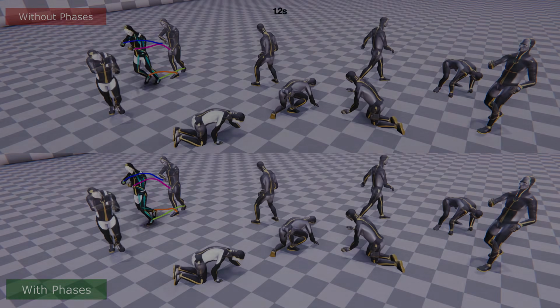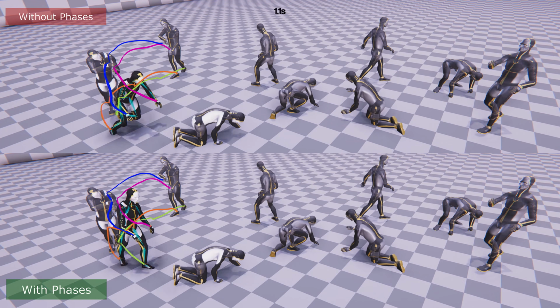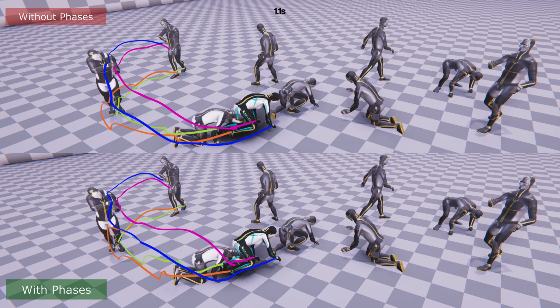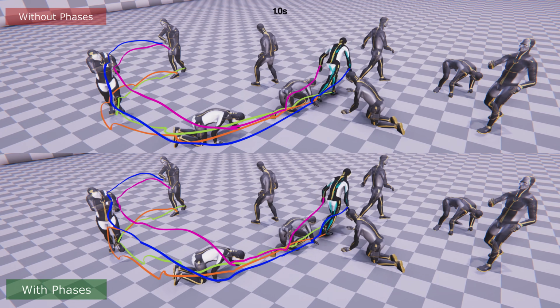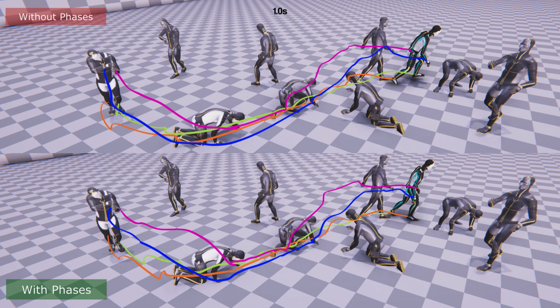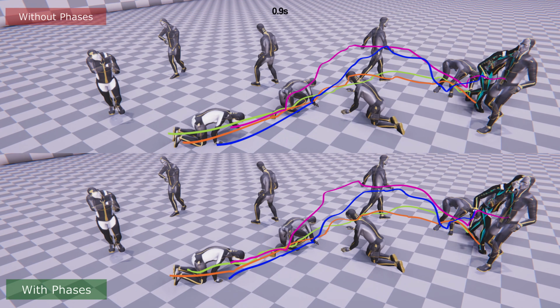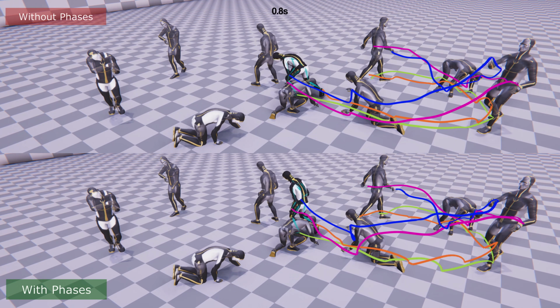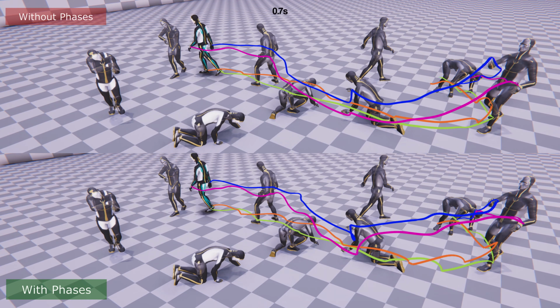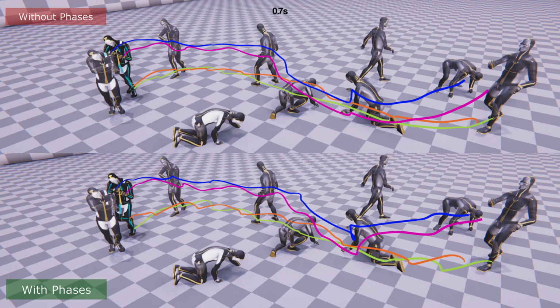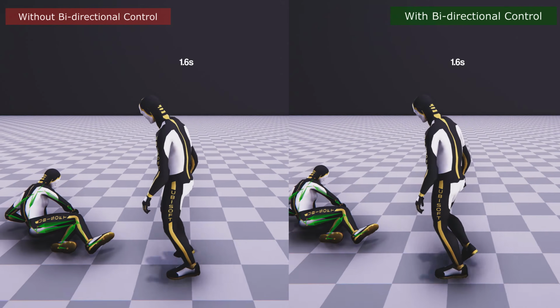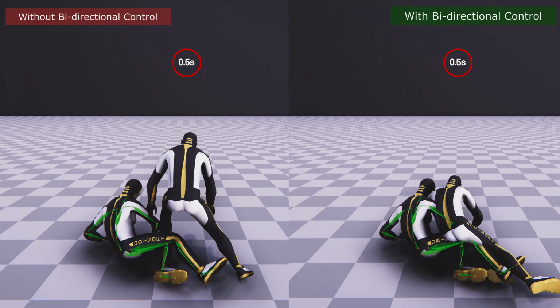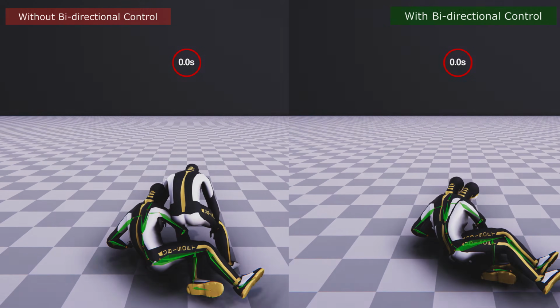We evaluate our system through different ablation studies and stress tests. Without providing phase features, the character motions appear partly stiff and unnatural, especially for non-locomotion behaviors. The learned phases enable more momentum and gravity to be seen in the whole body, as the extracted phase features contain information that aligns the upper body as well as the lower body motion. Without the bidirectional control, the character is not reaching the target pose in time.